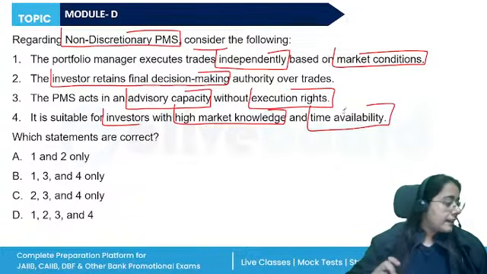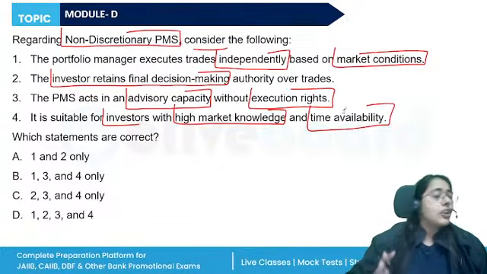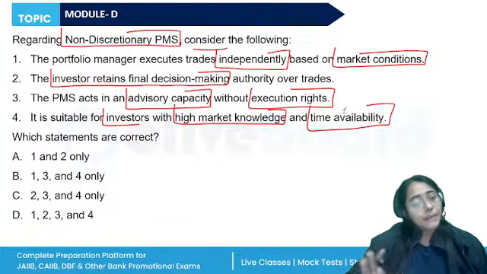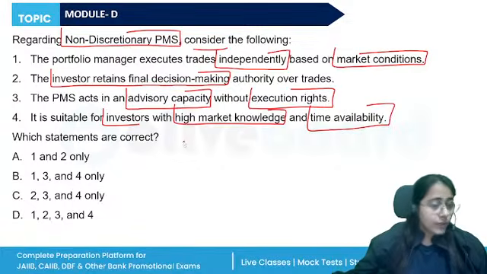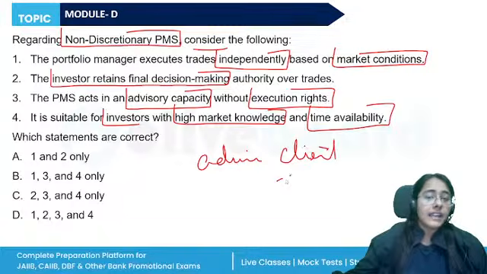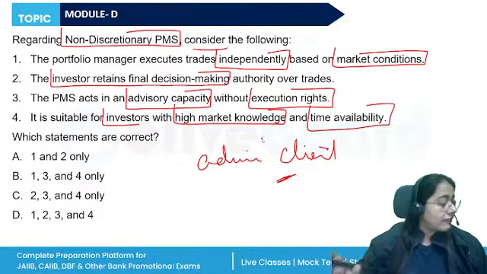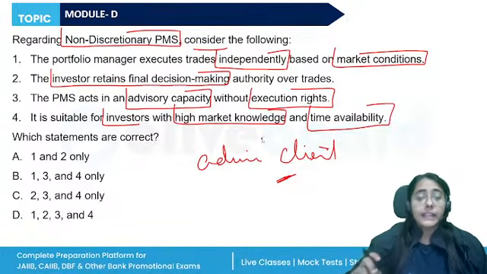Non-discretionary. Discretion means independence to decide. Freedom. Non-discretionary means complete freedom is not there. So here the portfolio manager will only advise the client. They are in the advisory capacity. They cannot independently execute the trades without the investor's consent. The investor retains the final decision making,